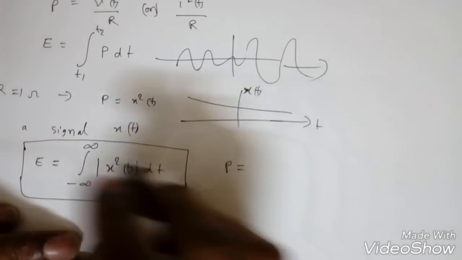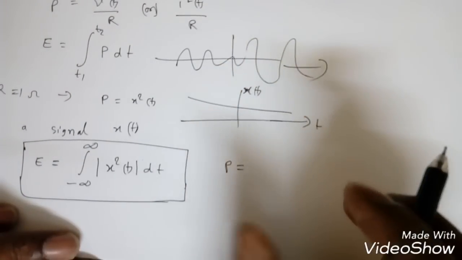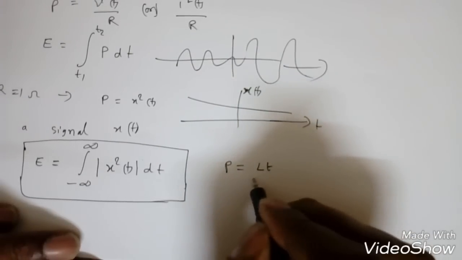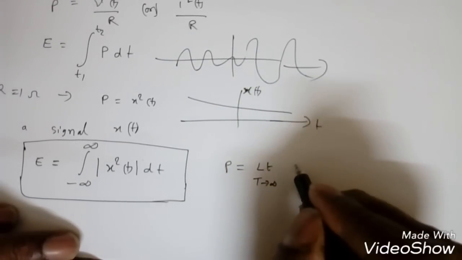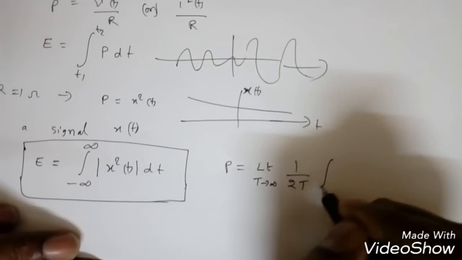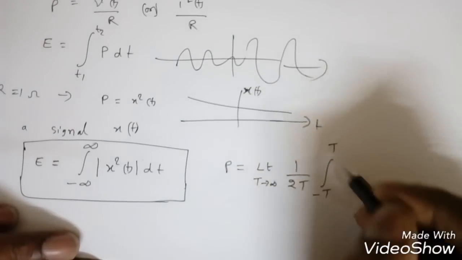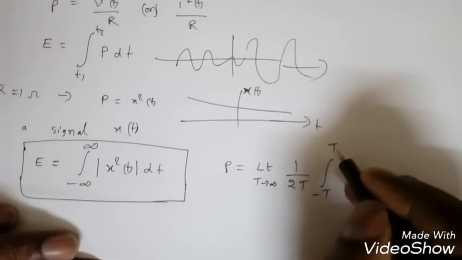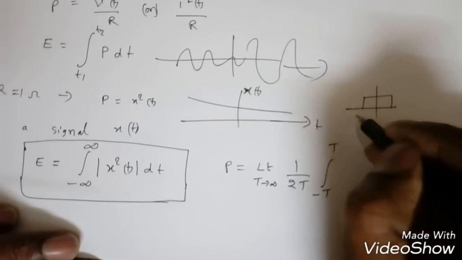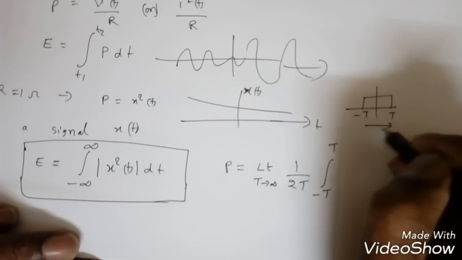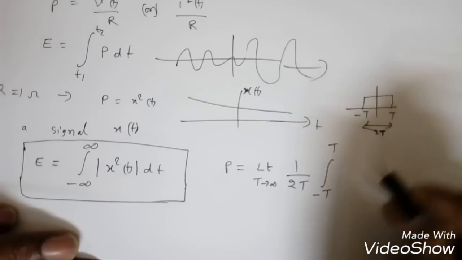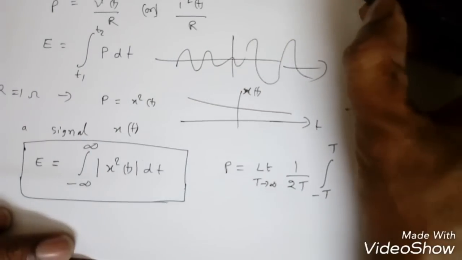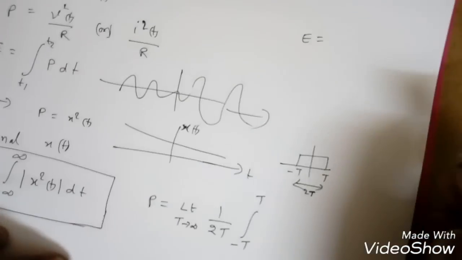So we have to integrate over how much time you are spending that energy. So that's why I am writing limit T tends to infinity of 1 by 2T integral from minus T to T. That means minus T to T, that is I am spending from minus T to T. So what is this total time period or time width? 2T. So that's why 1 by 2T, because we know that